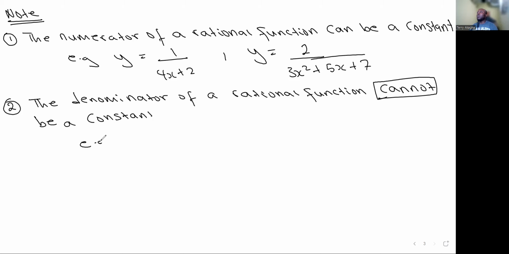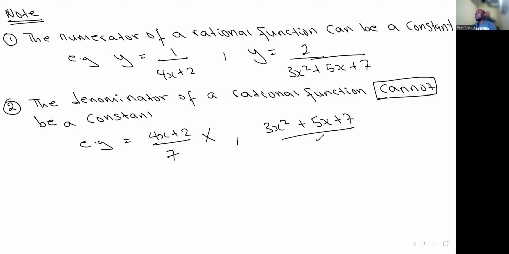Okay, so the denominator cannot be a constant. So for example, you can't have something like 4x plus 2 divided by 7. This is wrong. All right, or you cannot have something like 3x squared plus 5x plus 7 divided by 2. This is not a rational function. Okay, so for it to be a rational function, for you to have a constant, only the numerator is allowed to have a constant. All right,